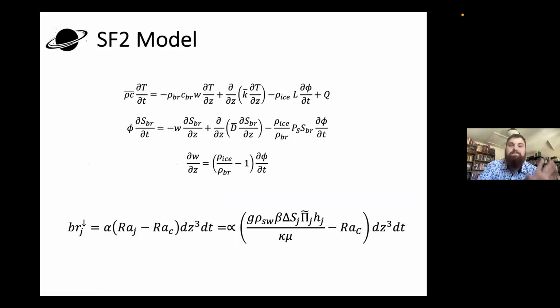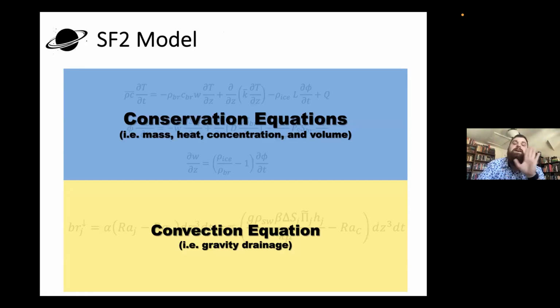And I don't want you to have to understand these. There's a lot of different numbers. The main takeaway here is these are conservation equations and the convection equations. Basically, we need to control the change in mass, change in temperature, change in volume, which, if you have a change of phase in water, the volume is going to change, and then a change in the concentration of the impurities. All of these physical parameters are intersected, so it requires this more complex physics to understand how they're all evolving, how one affects the other.